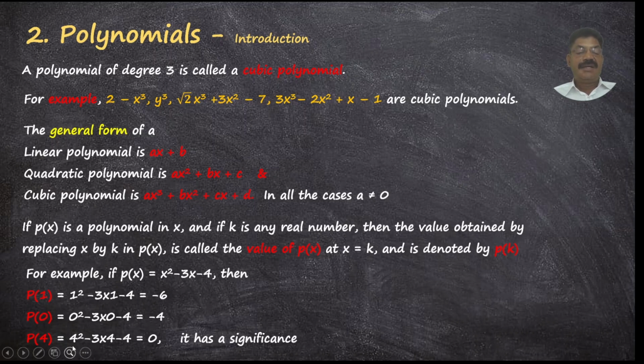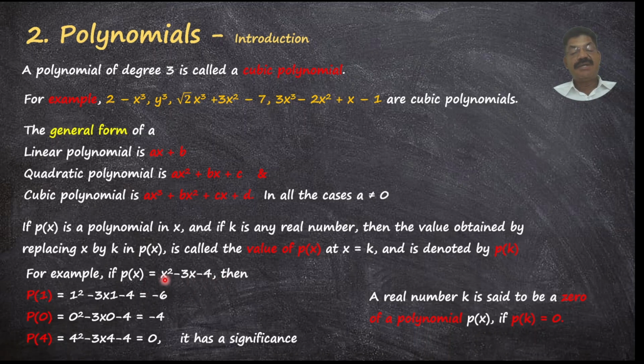Similarly, P of 4 is equal to 4 square minus 3 into 4 minus 4, which is equal to 0. So it has a significance, because 4 makes P of x 0. Therefore, we get a new definition. A real number k is said to be a 0 of a polynomial P of x if P of k is equal to 0. That means here 4 is a 0 of x square minus 3x minus 4,